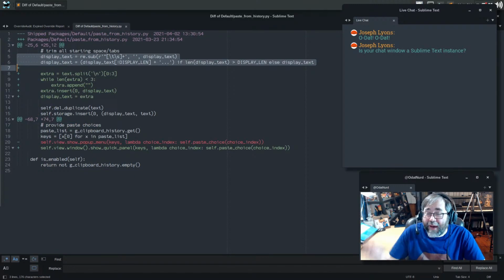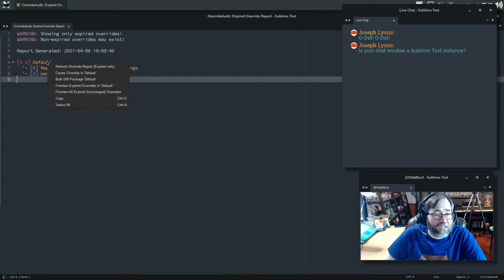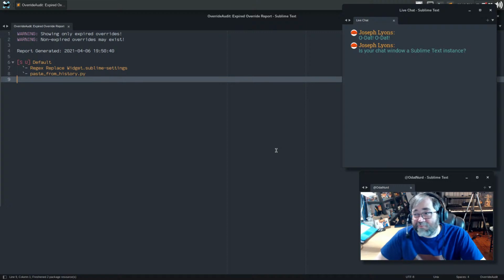My override audit package is specifically designed to let you know when stuff like this is happening, because these two files are both replacing what ships with Sublime Text by default, and it's not going to tell you when this is the case. So what we can actually do here in this particular case, because I checked both of those and my changes are still everything that's in there, I can go ahead and freshen those, which just touches them